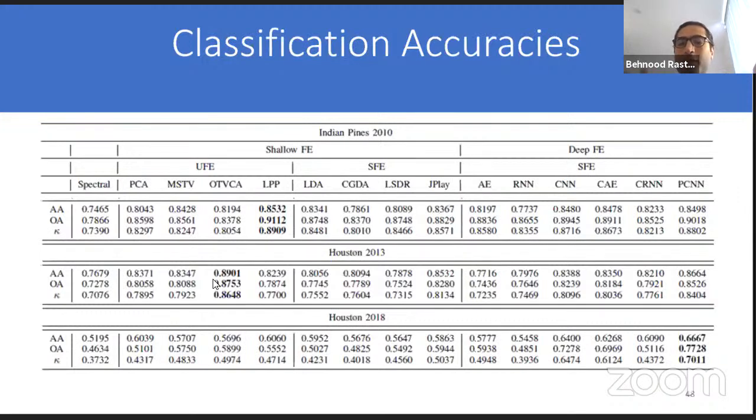So it's a little bit hard to design your network, set the tuning parameters, and then apply your network on another data set. Even from the same sensor, but with different conditions of capturing the data, you might not get good results. So these are some main challenges